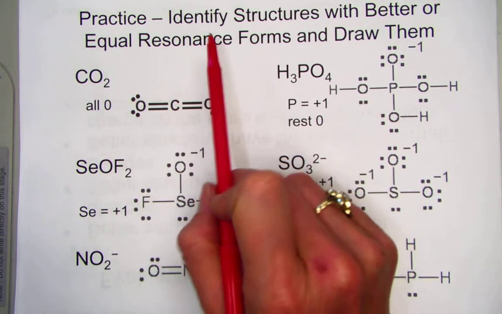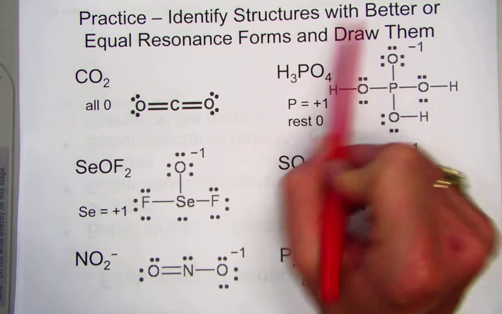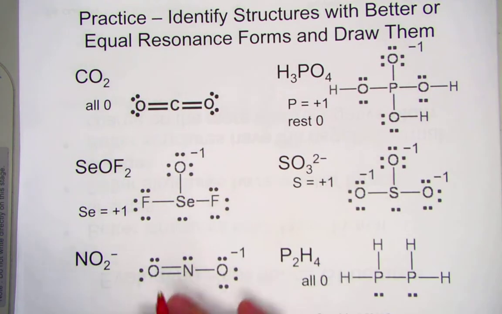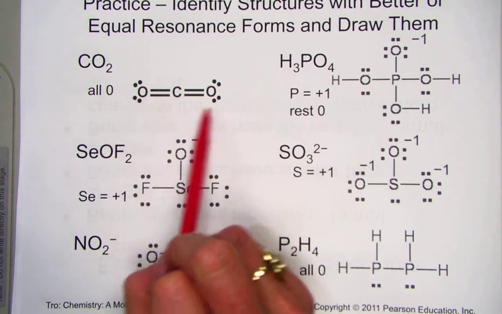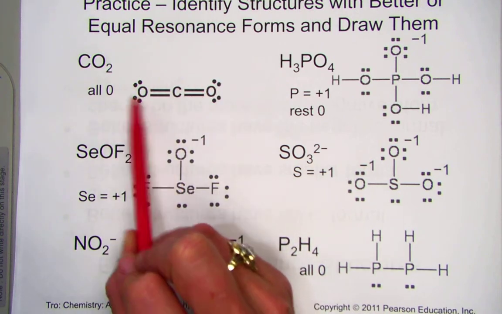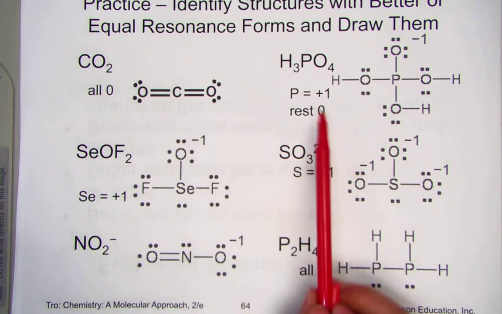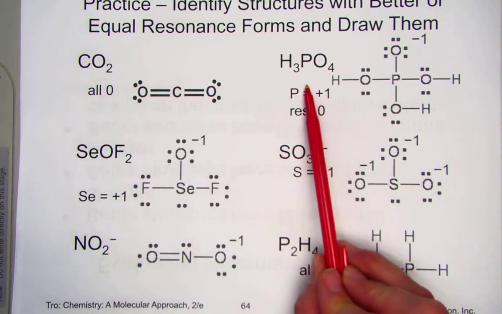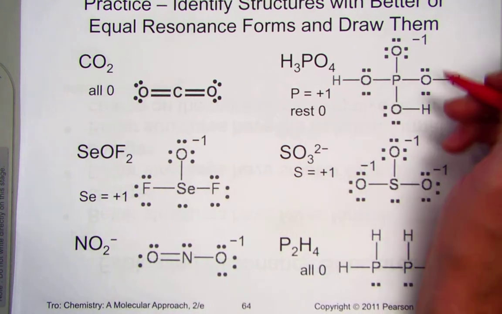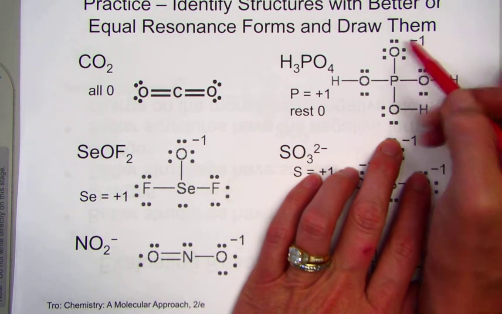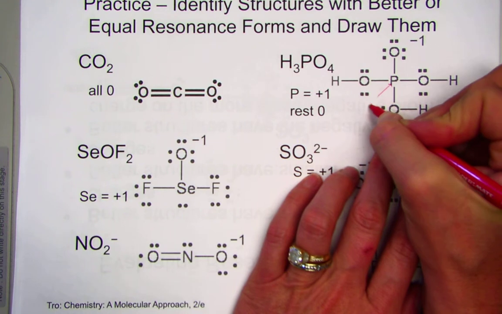Practice says, let's identify structures with better or equal resonance forms and draw them. This molecule we decided was all set. Everybody had a 0, so that was good. H3PO4, we decided, had formal charges. Up on the oxygen was a -1, and on the phosphorus ended up to be